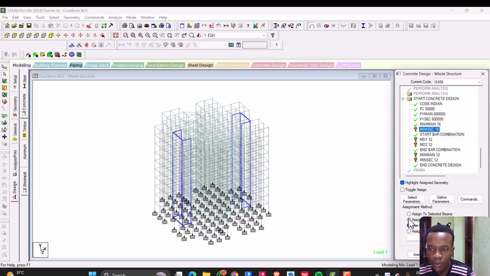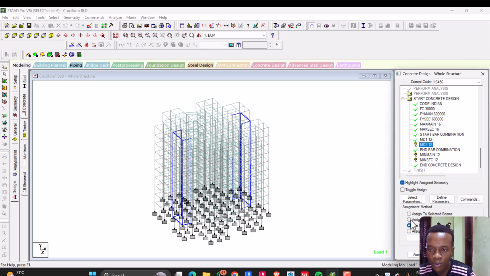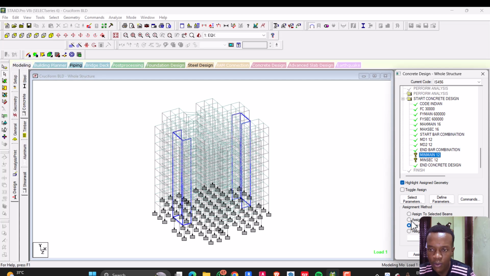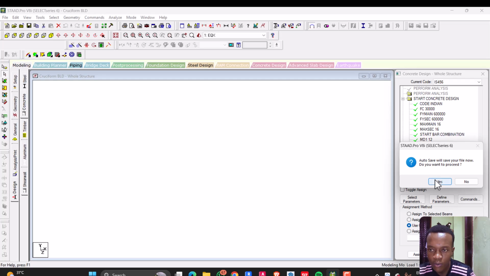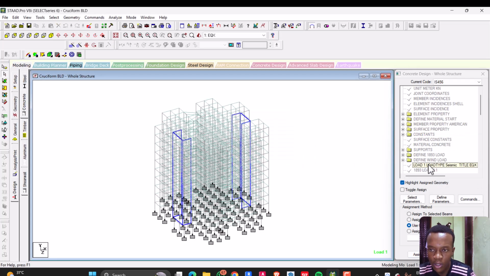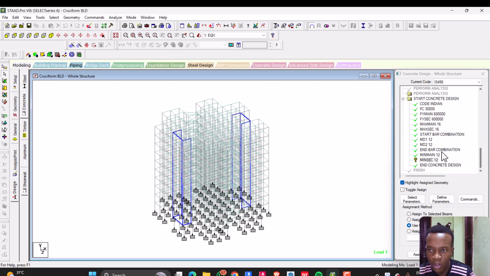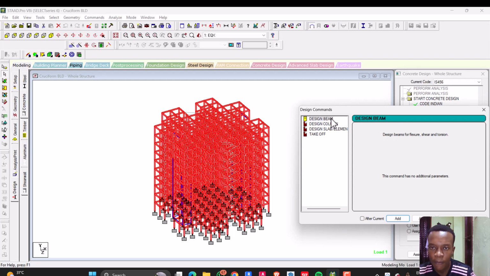Assign to view. Assign, then assign to view. Yes, now we have to define edge,